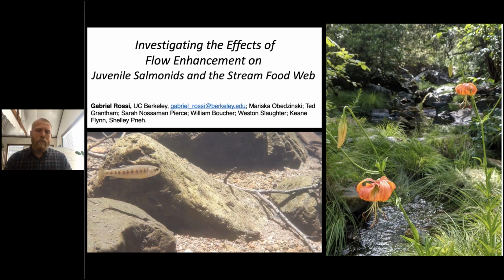And they adapt to it often by spawning and rearing in streams that are really on the physiological knife's edge to what they can endure and what they can sustain. But those streams and that kind of knife's edge physiological environment actually can produce really productive growth of salmon when conditions are suitable. And some of the highest growth rates recorded for juvenile salmon have been in California in these